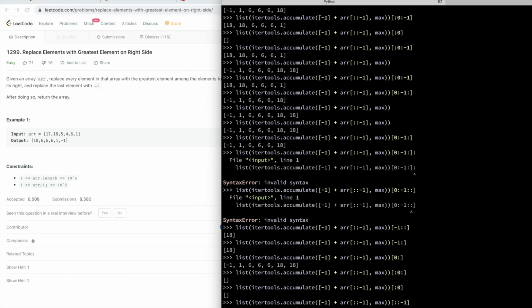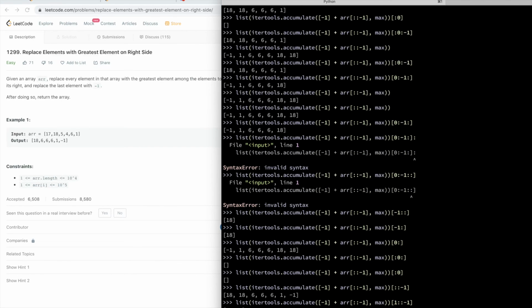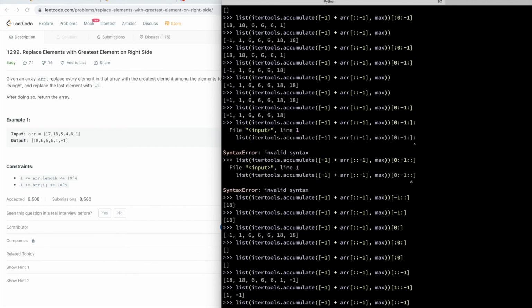And remove the last one, so 1. So that, and then